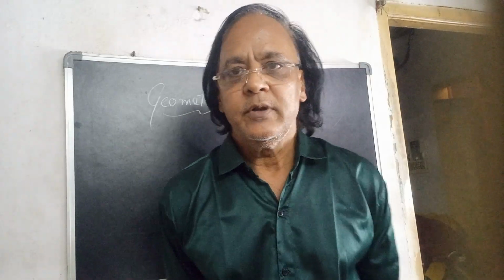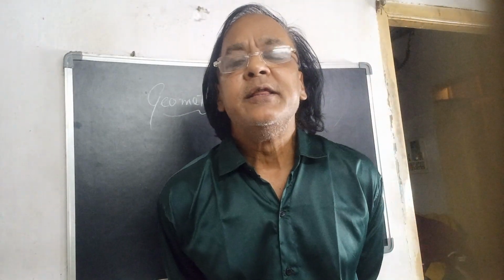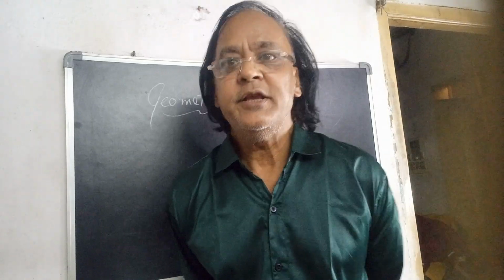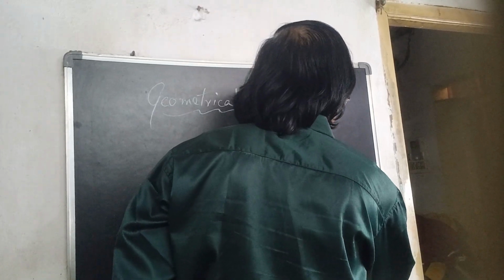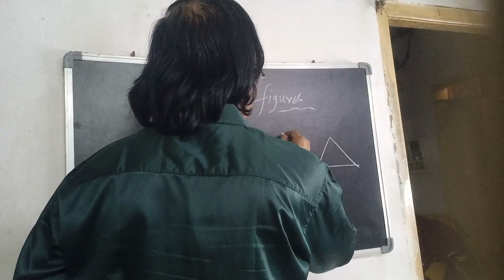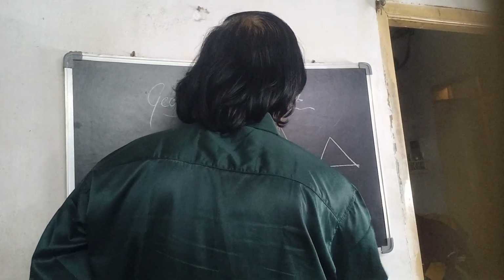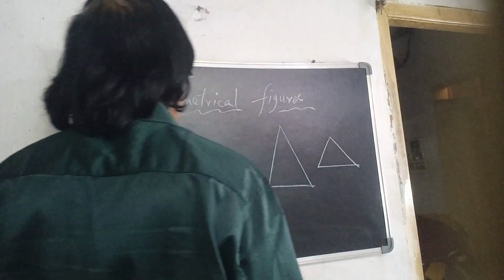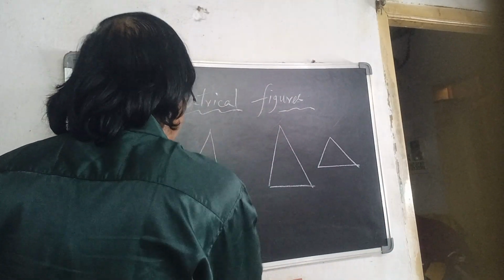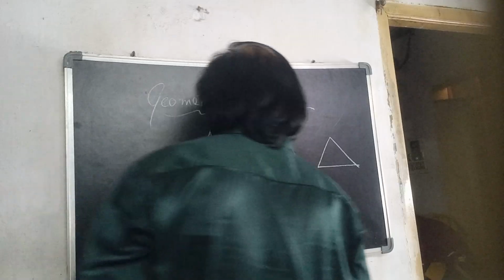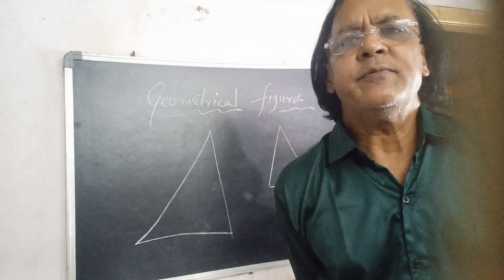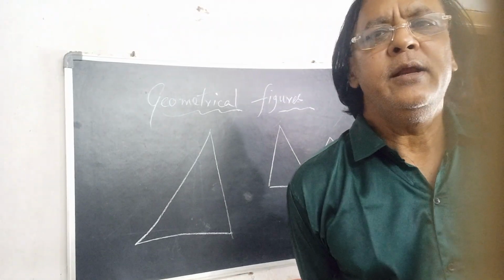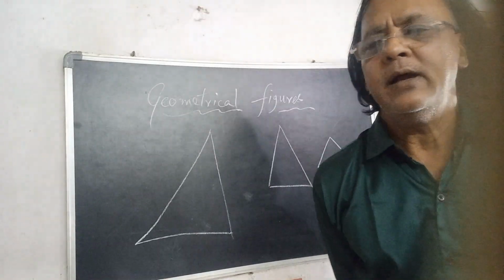So what is a triangle? A triangle is a three-sided figure, right? This one, this one, this one. Three-sided figure is called a triangle, and there are different types of triangles: oblique triangle, isosceles triangle, equilateral triangle, and right